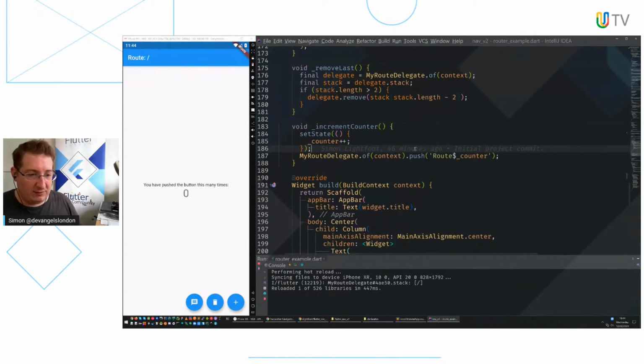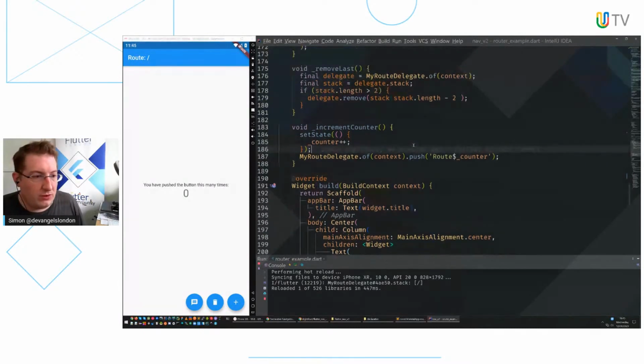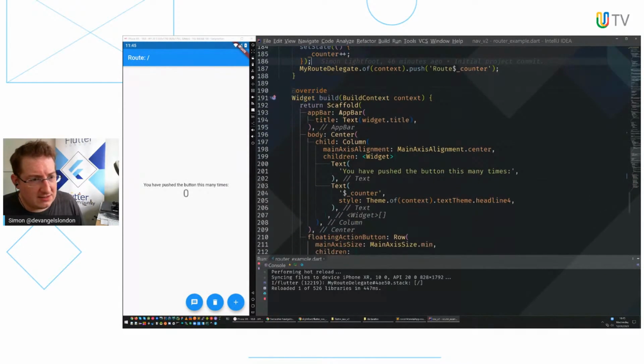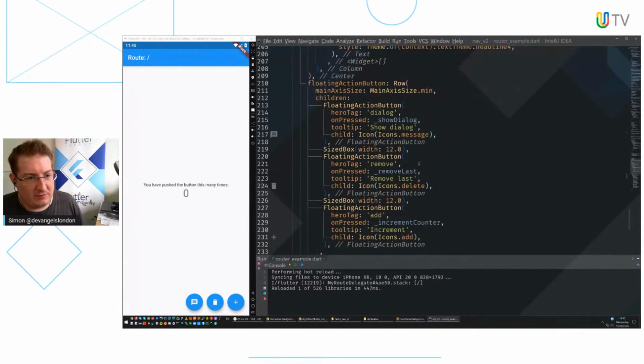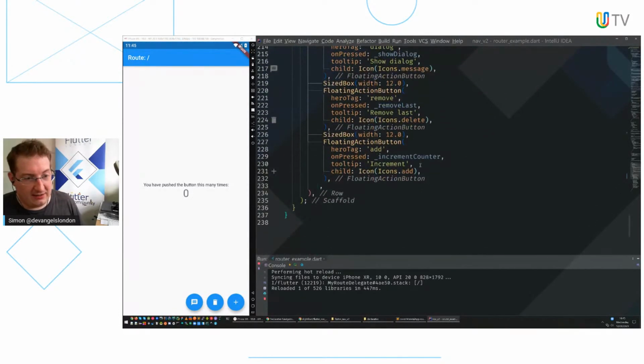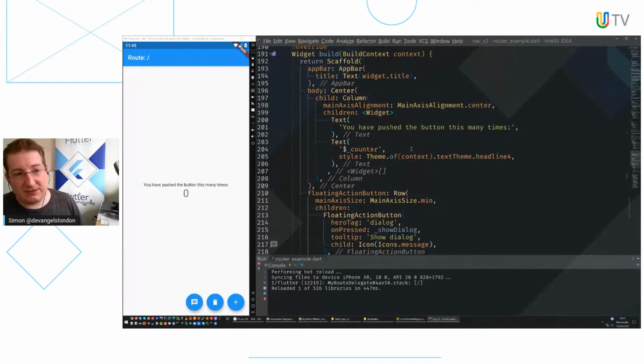Again, the names themselves don't have any... We don't have that kind of mapping of name to page, although we can, right? To be clear. So what you see here, again, is the standard thing: scaffold with a name with a counter, and there's our 3 buttons. There's nothing to it. That's the entire example. So let's give it a go.